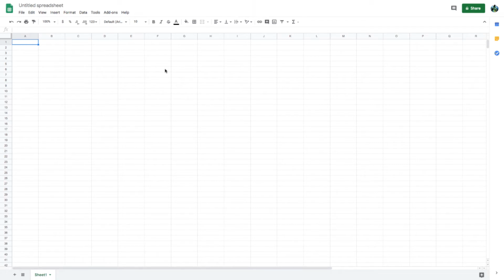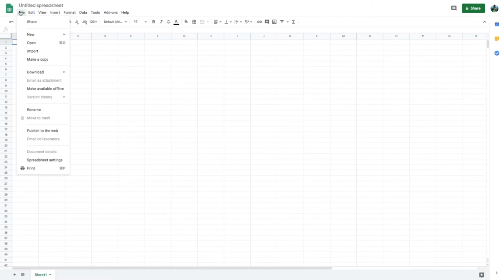You can do anything you want. You can enter any data, any number, anything that you want. All the options are here, like File, you can share it. Once you have made it, you can share it with your friends or your teacher or whomever you want to share with. All the same options that we have already discussed: import, make a copy, download, make available offline,